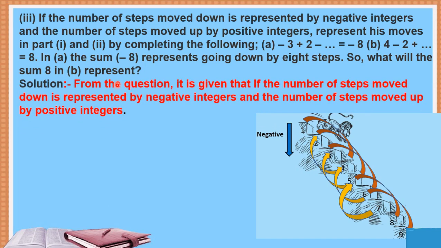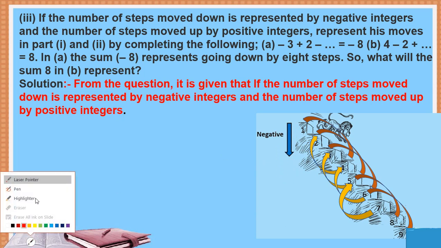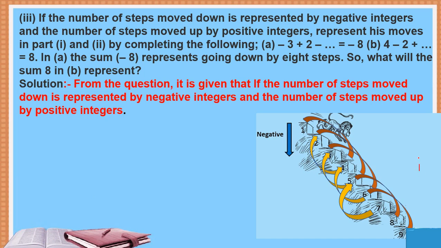So let's understand this. In this question we are given that the number of steps moved downside we have to represent by a negative integer, and the number of steps moved upside we have to take as positive. So when he is going downside, that means heading towards the water level, we consider it a negative integer, and as he jumps upside we take it as a positive integer. Okay, downside is negative, but jumping upside is a positive integer. So in the first problem, how many jumps has he taken?